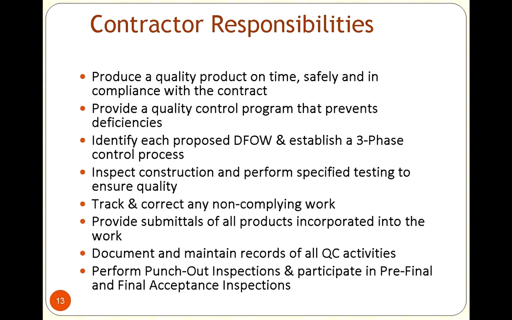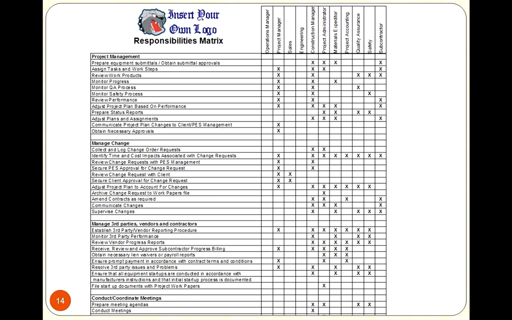So let's take a look now at some of the next topics with the responsibilities. This was a great little matrix that we had put together where we said, okay, on the topic of project management, these are the typical things that are out there. Who's managing the progress of this? And a lot of people had to have some kind of involvement. You never wanted any blank rows. If the contractor was responsible for this product or this process or this performance or this documentation, who else had involvement? We wanted to make sure everybody knew exactly what their role was in a very simplistic way.